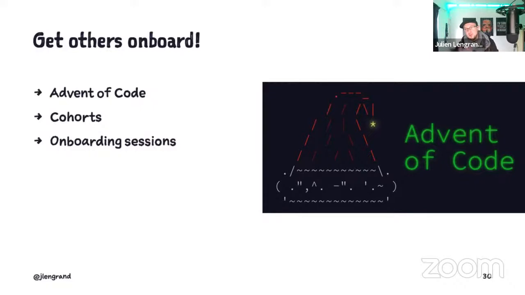And then once people are starting into the language, we started doing cohorts. And what is a cohort? You basically tell them, you know what, every Thursday between 3 and 5, I will teach you Kotlin and we can go through that book together, or we can go through that course together. And then you answer the questions. And that's kind of how we went, 20 by 20, through a lot more people knowing Kotlin.